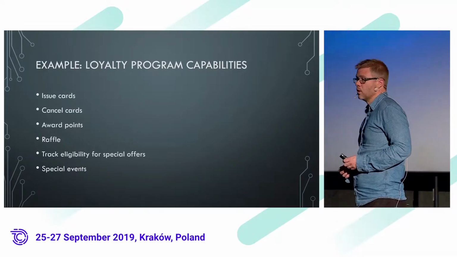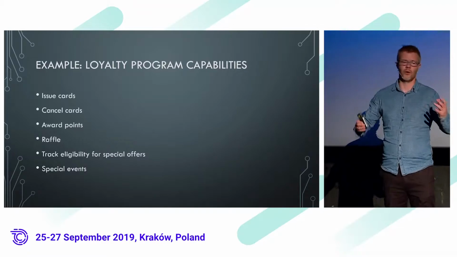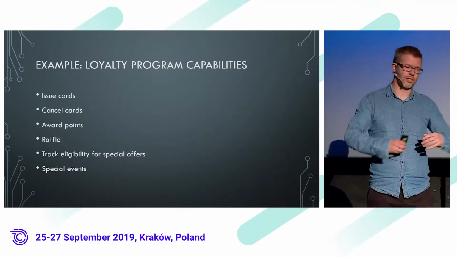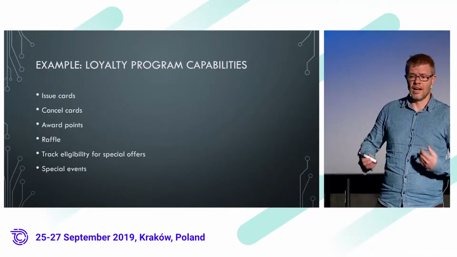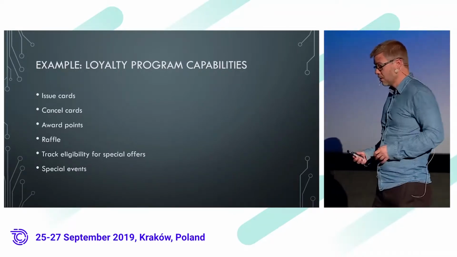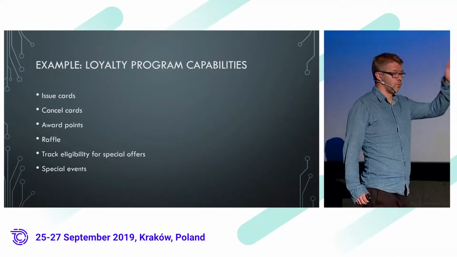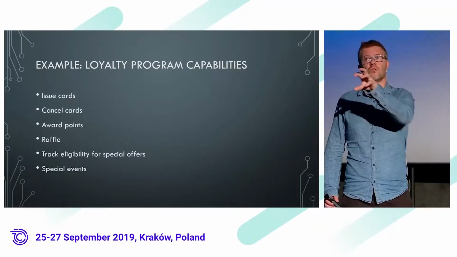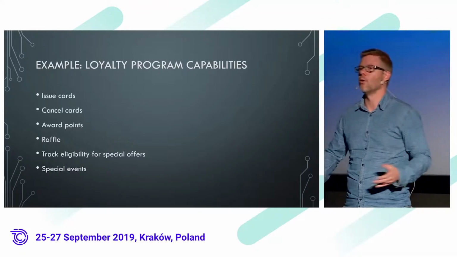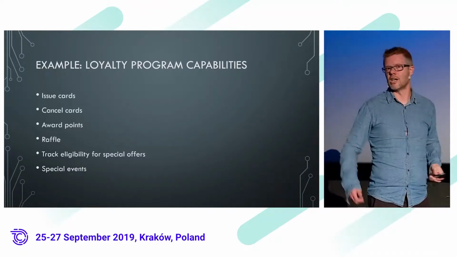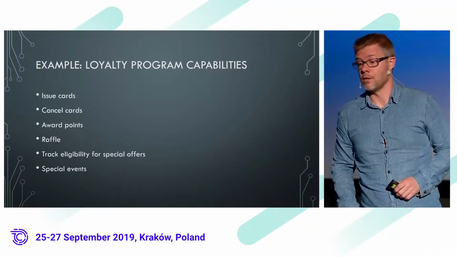We want to track whether they're eligible for different kinds of special offers, like the Mars bars, or it could be bigger things, like if it's sporting gear, and I like to run, and they may even know that last time I bought running shoes was 1 year ago, so it's probably a good time now to push some good offers for new shoes to me, because maybe they're worn down and so on and so forth. So they can figure those kinds of things out, and they say, oh, he's eligible for this. Now go maybe do this.